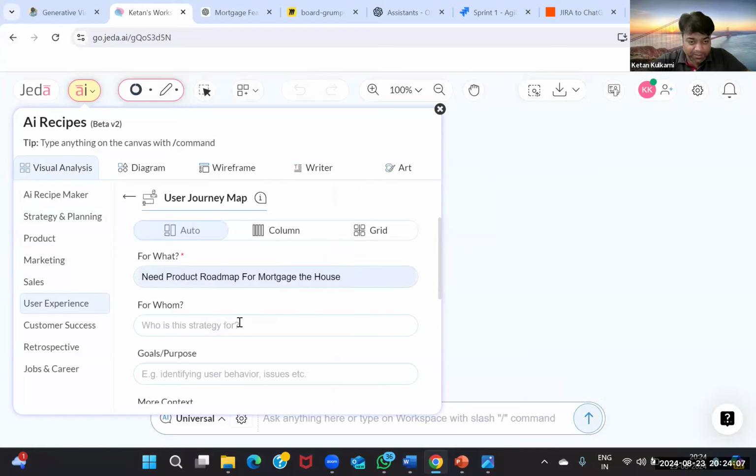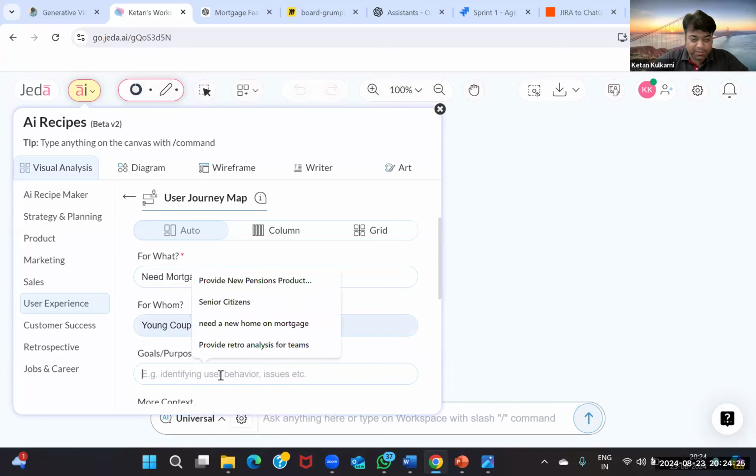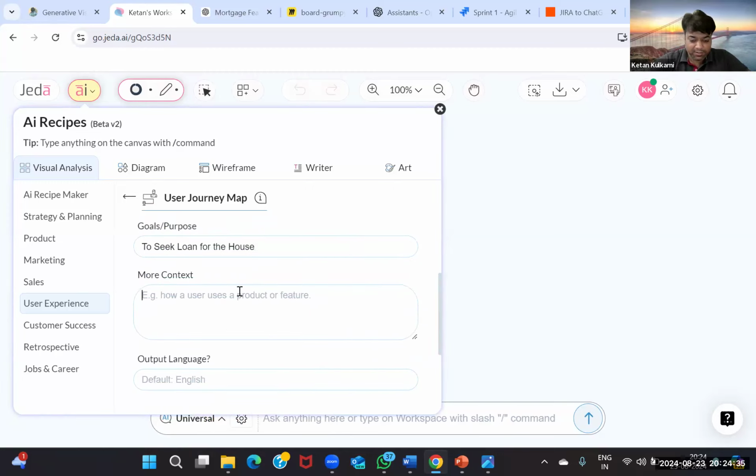I would say new product roadmap for a mortgage on a house for a young couple. Oh, sorry, for a house. I'll say young couple. Goals and purpose: to seek a loan for the house. In more context,